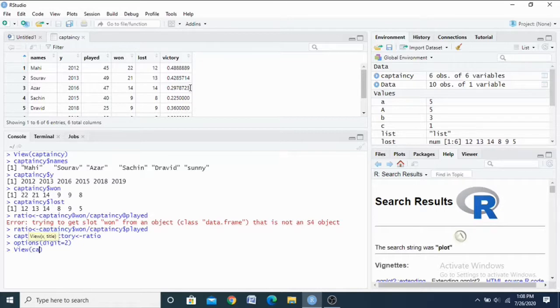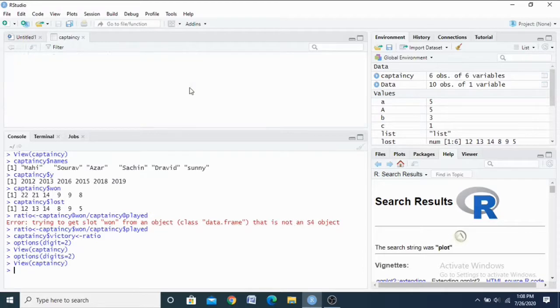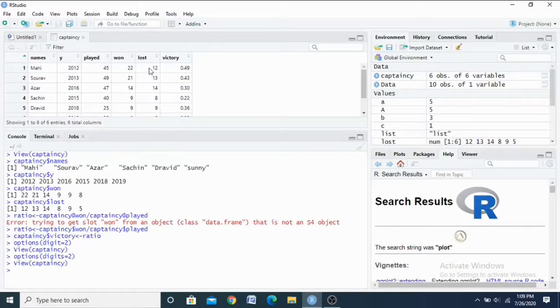So now see the captaincy. Sorry, you can use the word digits, not digit. See here the victory column, 0.49 is there. So I changed my victory details into 2, that is, after the decimal place, we can view only 2 digits.